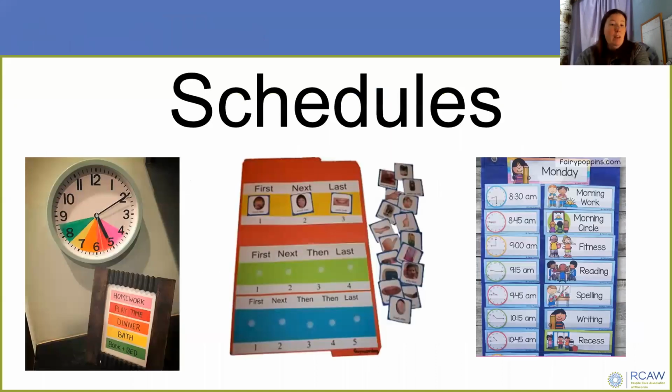Using a clock and coloring clocks in is a great way to show a visual schedule. I actually did this with my kiddos when they were younger. They tended to like to get up at 4:30 or 5 in the morning and think they were ready for their day. So I used different colors, and when we were in the red zone, you stayed in bed. When you were in the yellow zone, and I colored the hand, so it was looking at the big hand,